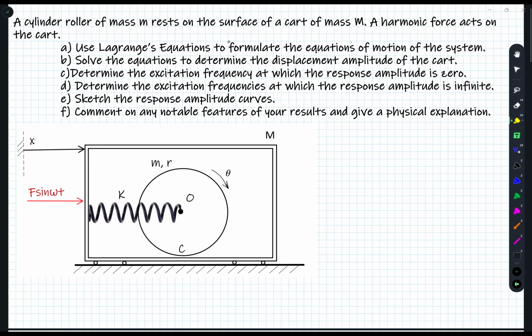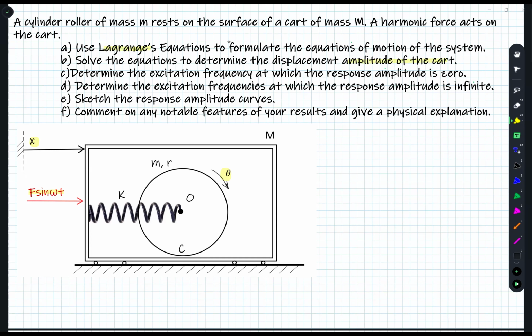In this lecture, I will review the solution for this system, a cart which is subjected to a harmonic load. We use x as the coordinate to measure the motion of the cart, and we use theta inside the cart to measure the rolling of the disk. The question asks us to use the Lagrange approach, and our goal here is to find the amplitude of the cart